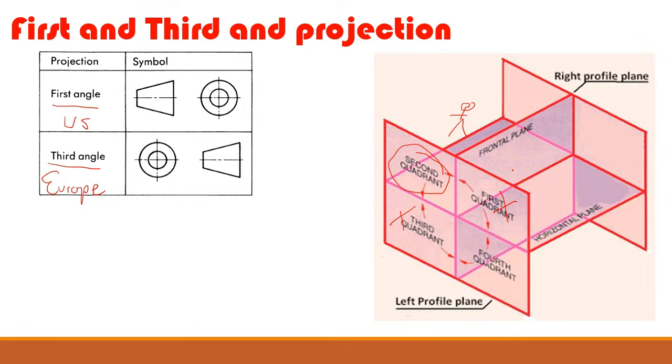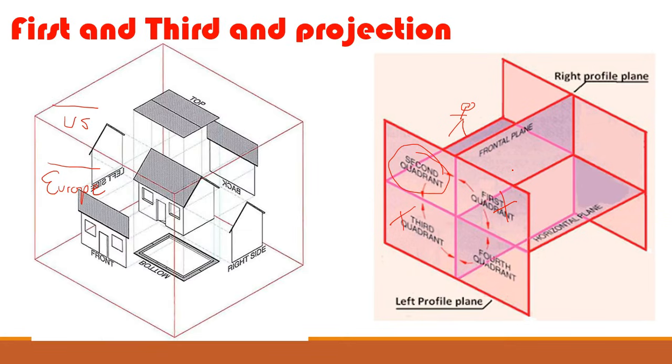So let's give this a little more clarity by looking at this drawing here. What you have here is a house, and this house is pictured within a cube, an imaginary cube. And you can think of this cube, with orthogonal drawing, as being projected onto each face of the cube. So when you're in a first angle projection, in other words, it's sitting here in the first quadrant, you're in the second quadrant looking at this house. So that will put you over here,